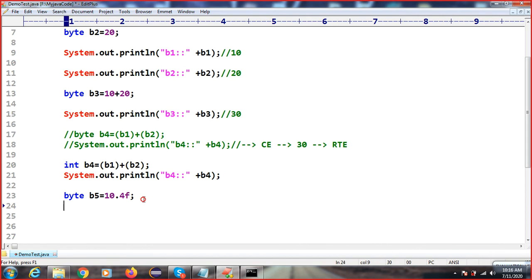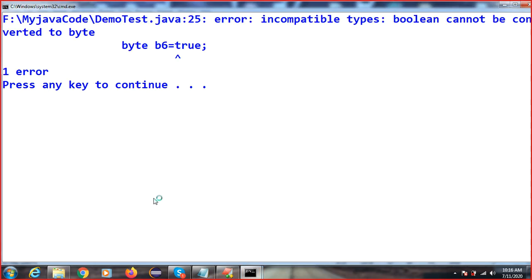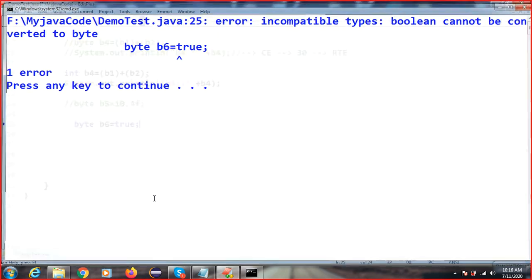If we try to store a boolean type, I'm just commenting out all the other things, otherwise our code will not execute, and I'm not able to show you what error is coming. If you want to store byte b6 equal to true, a boolean type, and I try, we get a compile time error: boolean cannot be converted into byte.